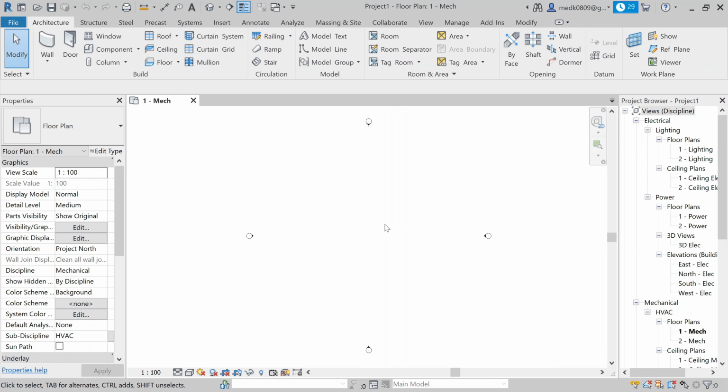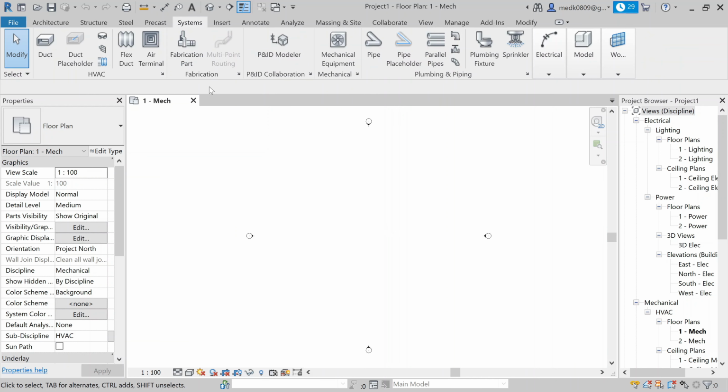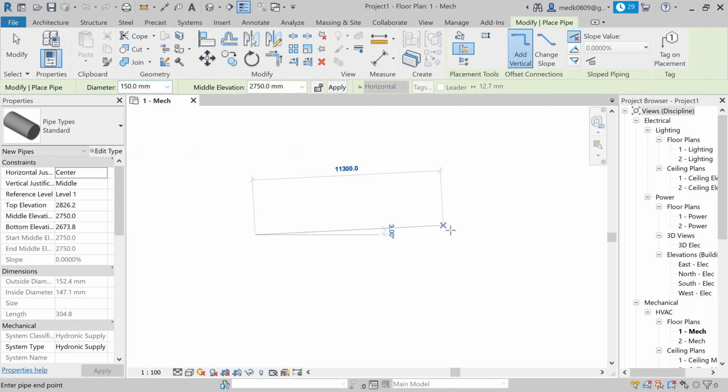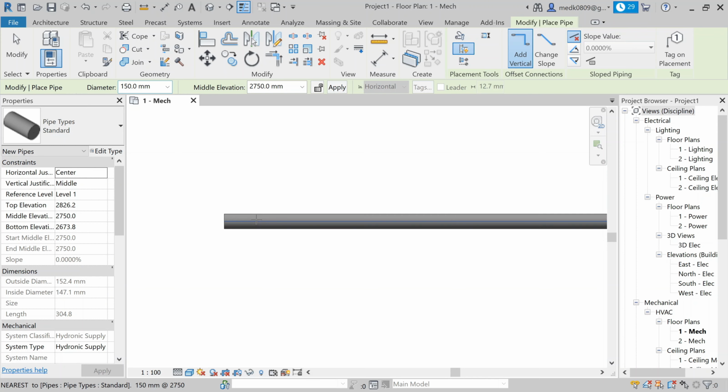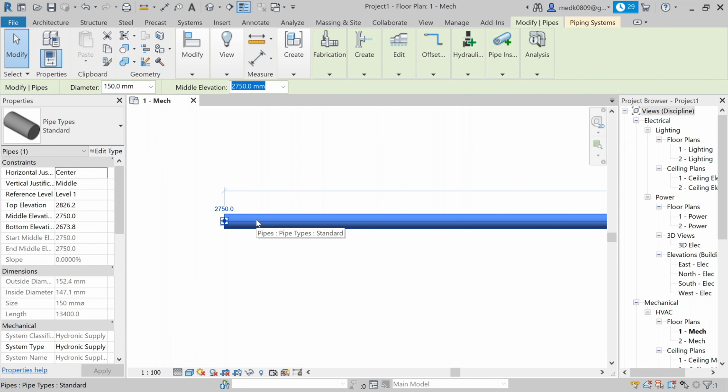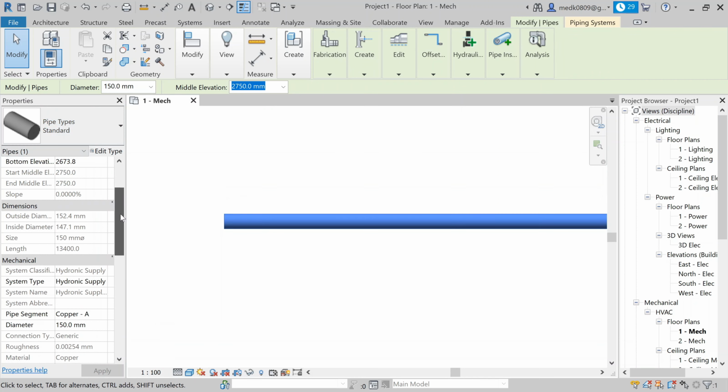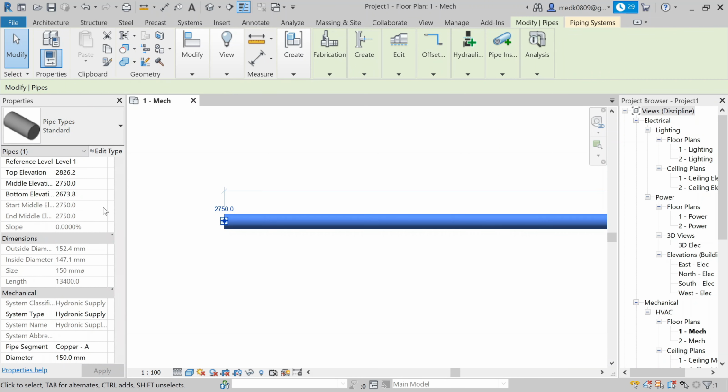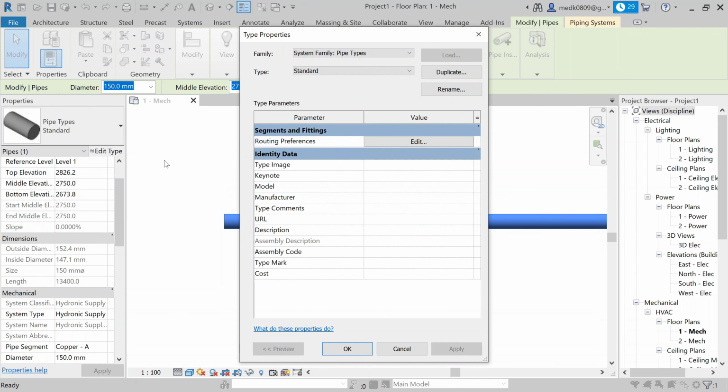Project parameters tell us the properties of any object in Revit. For that, let's go to System tab and let's select a pipe. And now let's sketch it. So here we have this pipe over here. Now let's change it to fine and to period. So here we have this pipe. If you will select this pipe, you will see in the properties dialog all the properties connected to this particular pipe. Okay, or if you will go to edit type, you will see the type parameters for this particular pipe.